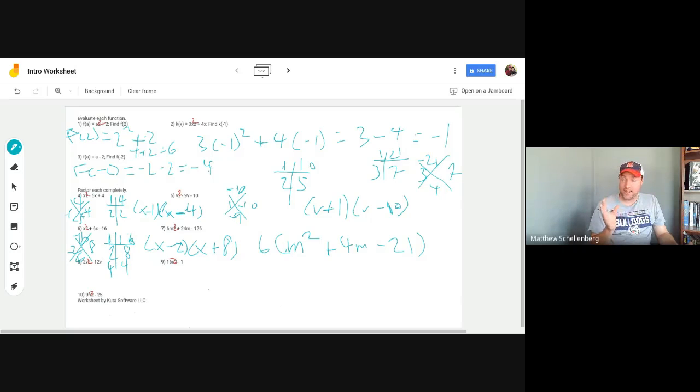The C value is negative. Therefore, I have to be different signs. So one of them is going to get a minus and one of them is going to get a positive. Well, which one? Well, the middle value is positive, therefore the 7 is positive, the larger number is positive, and that means that the smaller one has to be negative, so we get a minus 3. And so that's my answer, 6 times m minus 3 times,